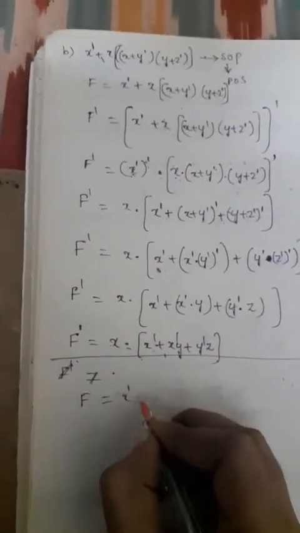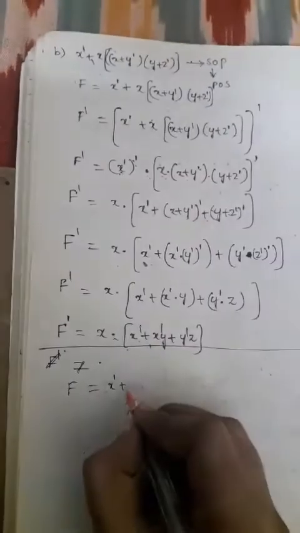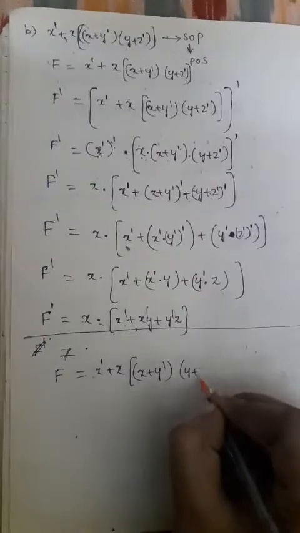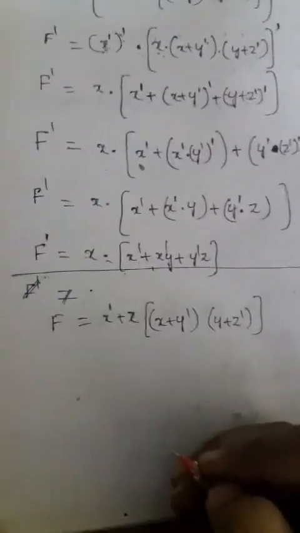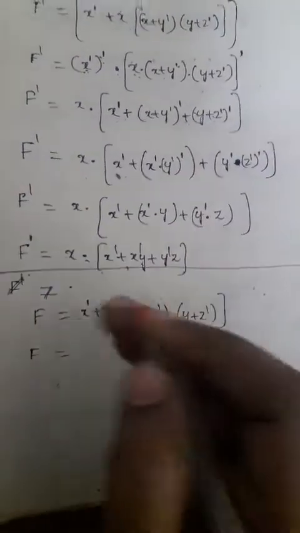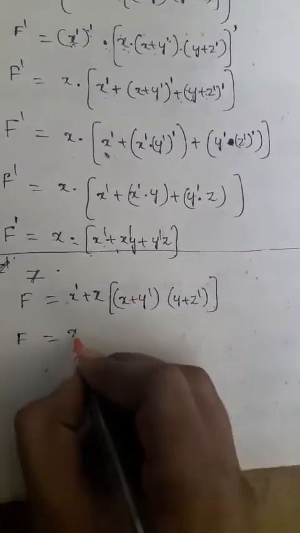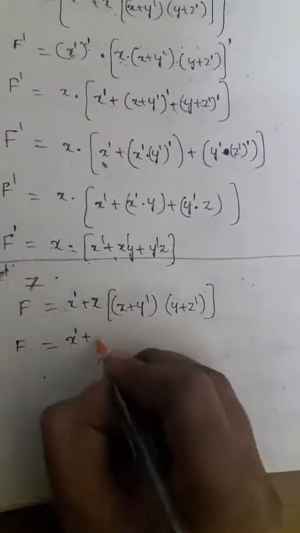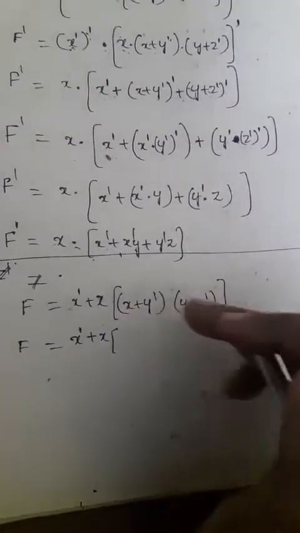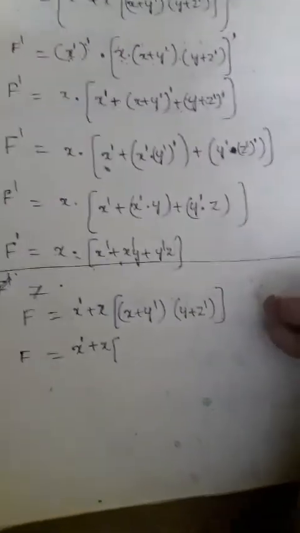So now we'll go for another method, means what is the expression we are having, just take it that f is equal to x complement plus x into x plus y complement into y plus z complement, right? So we have to convert this expression into POS, right? So this is one method, and another method also is there, that means another procedure also will be there, that is nothing but x complement plus x into, here these two are in complex product terms, right? First we have to simplify these steps, after that we'll go for the complement method.